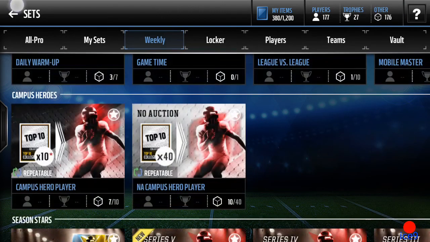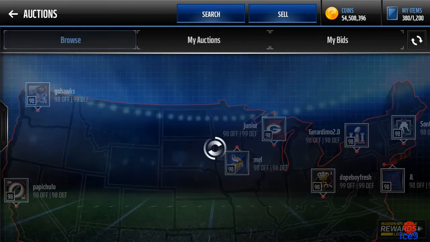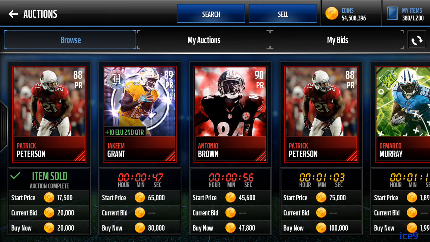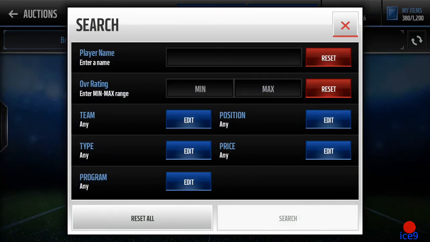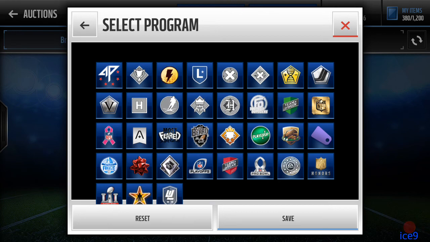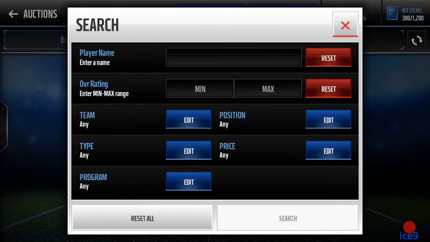I don't know if they've got a filter yet at the auction house, so we'll check that out and see if they have anything for filters. Alright, let's see here. I just don't see anything as of yet. They could probably take some of these old filters out, since some of them don't really have any use anymore. There's more slots, but I don't see one for Campus Heroes at all. So we'll try searching for 92